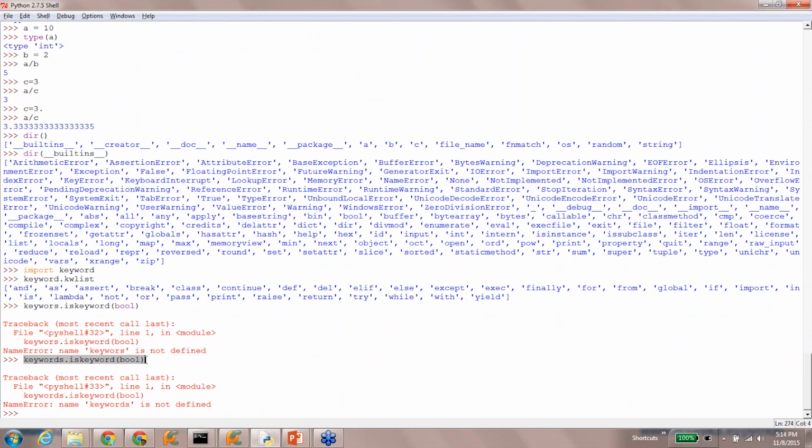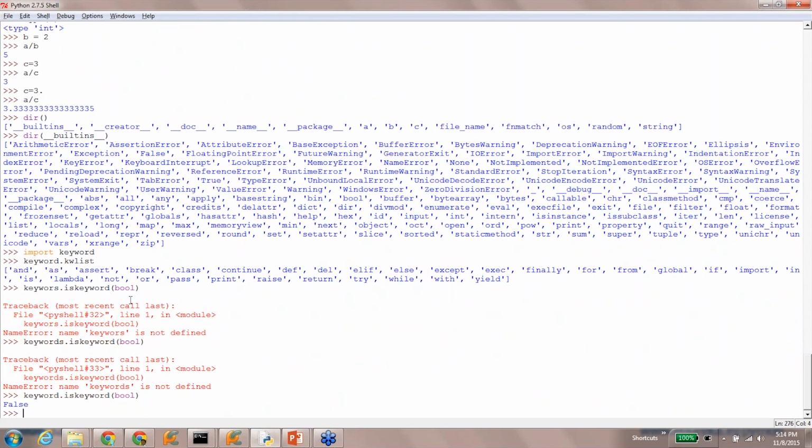Again, it shouldn't be plural, it should be keyword as mentioned in the import. So you say keyword.iskeyword and then you type bool. It tells you that boolean is not a keyword. So you could use boolean as the keyword, but if you say keyword.iskeyword and then say